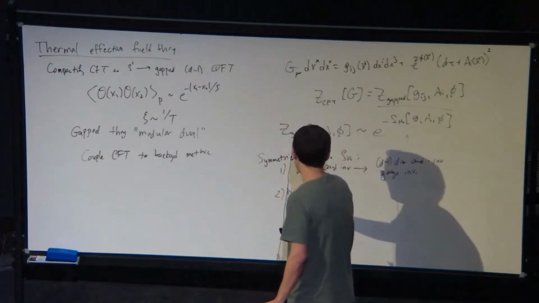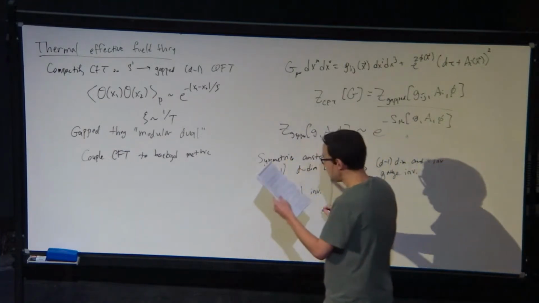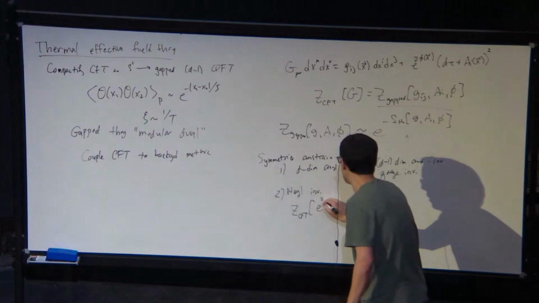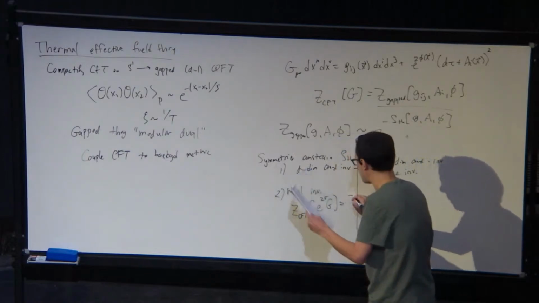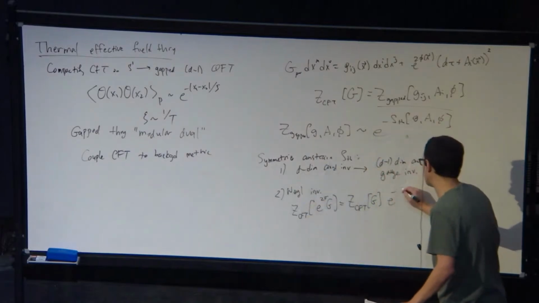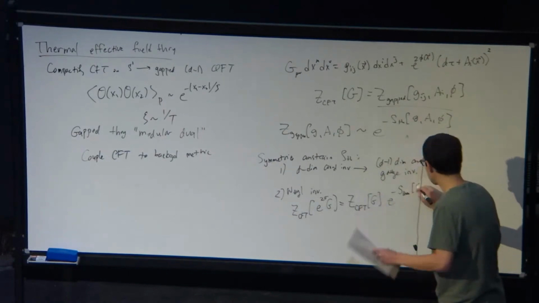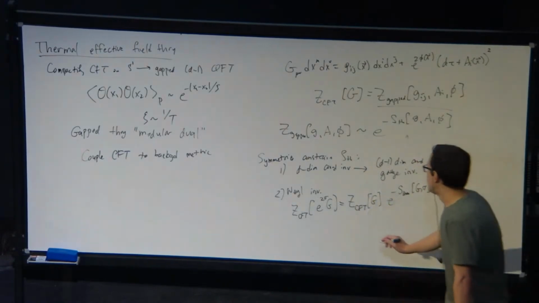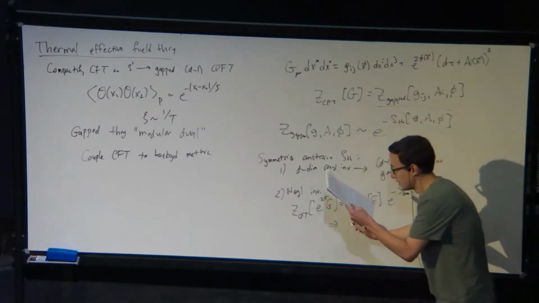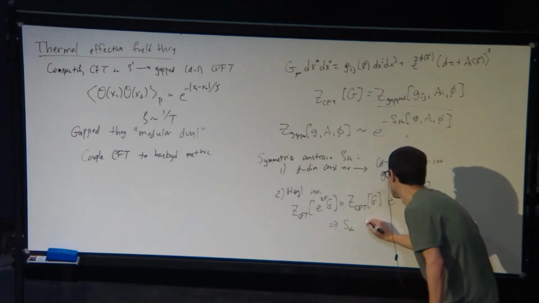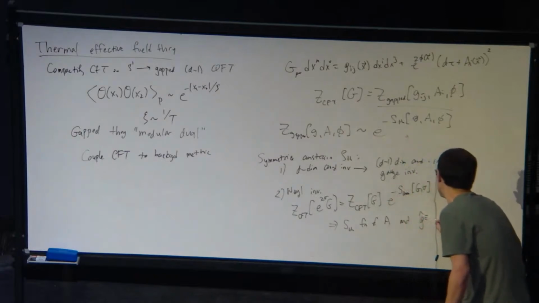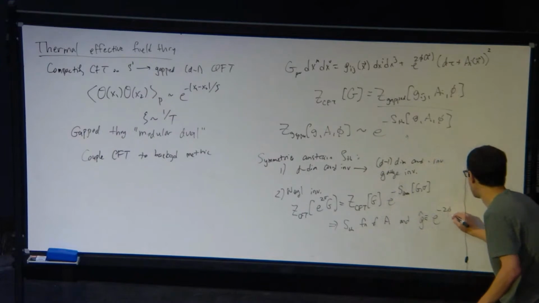We also have Weyl invariance of the original CFT, which is that when you rescale by a Weyl transformation, the partition function remains the same, up to a possible Weyl anomaly. It depends on the dimension that you're in. And what this implies is, up to this Weyl anomaly term, your thermal effective action is just going to be a function of the gauge field and this combination of the metric and the dilaton, e^(-2 phi) times g.